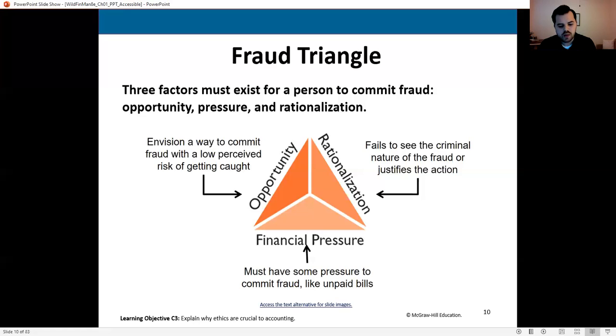Now, if you're the company, which of these three can we most easily deal with to reduce the opportunity, to reduce the ability of somebody to actually commit this type of fraud, in this case stealing the money straight out of the cash register? Okay, so which of these three areas do you think would be the easiest for the company to reduce? So I'll take the most common incorrect answer first. The most common thing I'll hear